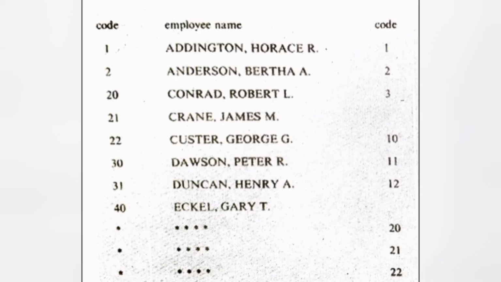Block sequence code. This code is a modification of the sequence code that makes possible a more homogeneous collection of related items. In a block sequence code, a series of consecutive numbers is divided into blocks, each one reserved for identifying a group of items with a common characteristic. This figure is an example of block sequence code. Here, a block of numbers 1 to 9 is assigned to A, another block of numbers 10 to 19 is assigned to B, and so on. With this block, we can add new employees and assign them a code from their alphabetic block.